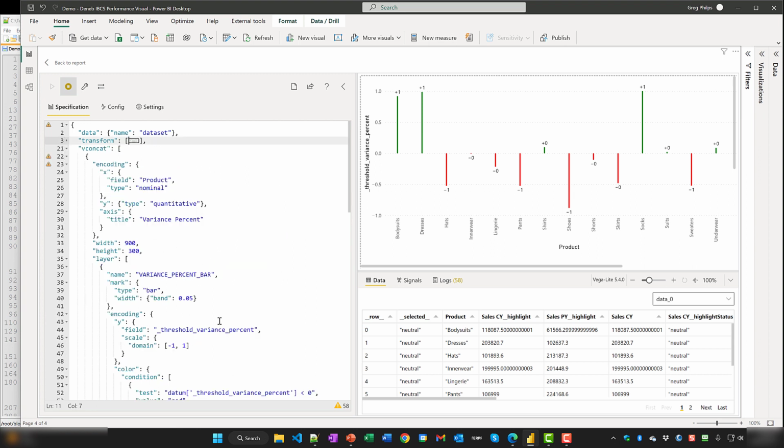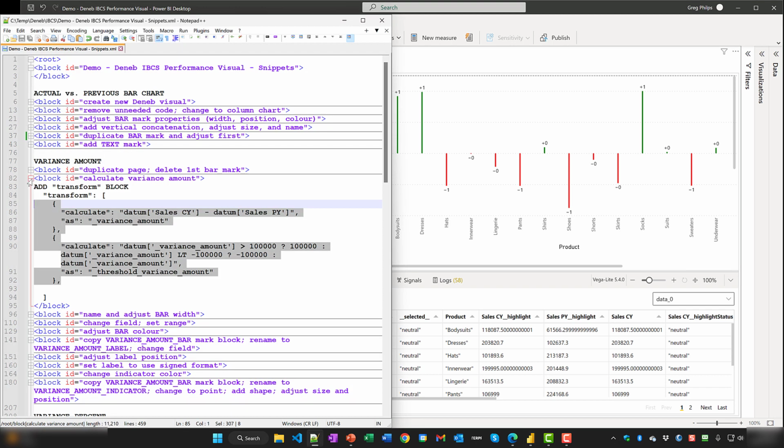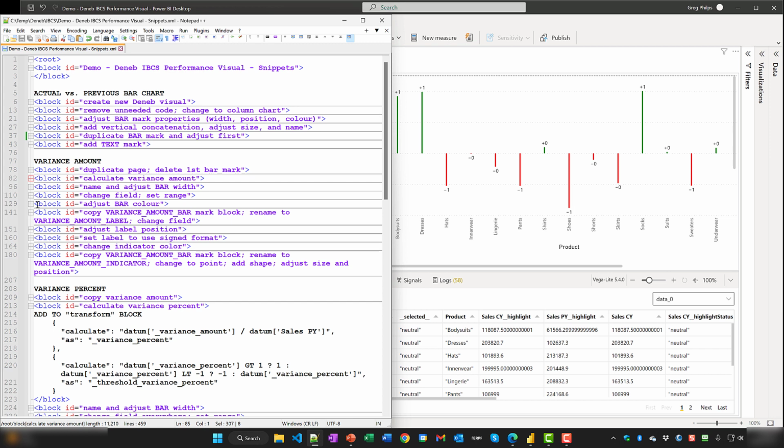We've then changed our bar to a much smaller width. Let's see, change these amounts here. All right. And I've changed the field for Y to the threshold variance percent. I've changed scale domain to go from 1 to -1 and colors correctly. This seen in the previous. Now I just want to